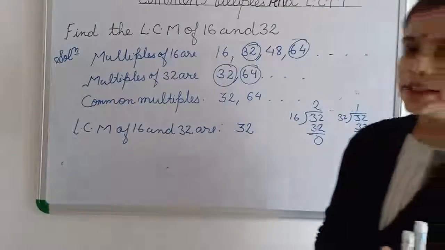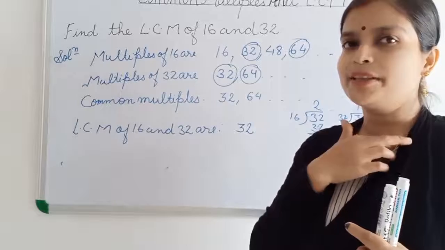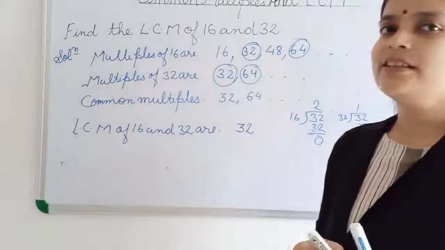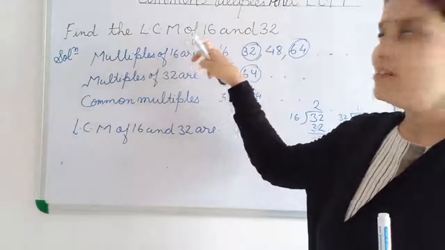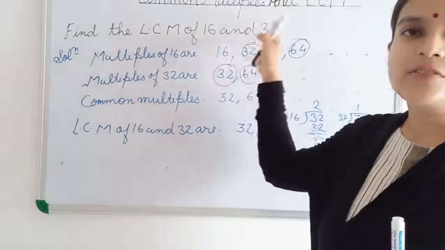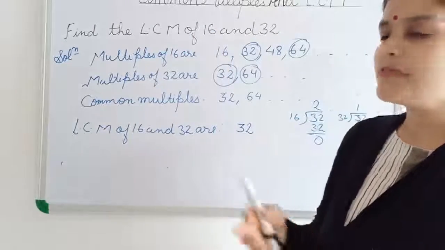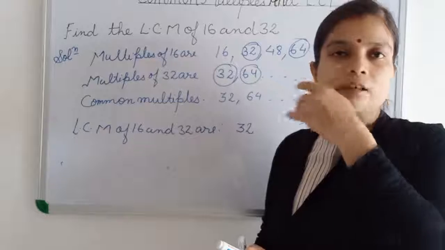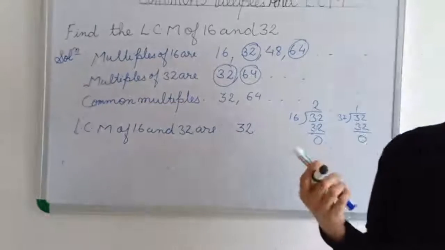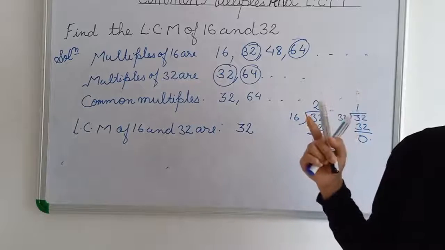And for SCF, please recall your knowledge. As I said, SCF will be the smaller number. So if anyone asks what is the SCF of 16 and 32, then 16 is the SCF, and what is the LCM of 16 and 32, then 32 is the LCM. All the time, the bigger number will be the LCM of the pair of numbers when one number is the multiple of the other.